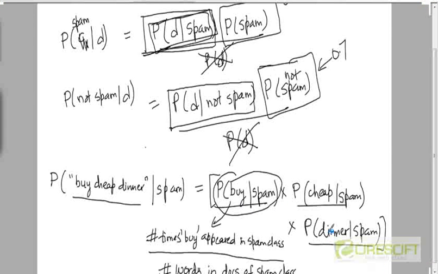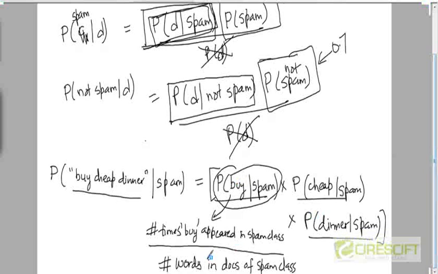Here, the total number of terms is equal to the number of terms in the document, because you're only looking at the words that are present in the document. That's one difference. The second difference is that you are considering the frequency of the words even within a document. You're not just looking at presence or absence. You're keeping track of the total number of times the word appeared all throughout the training set for that particular class. So this is called the multinomial model, the multinomial naive Bayes model.